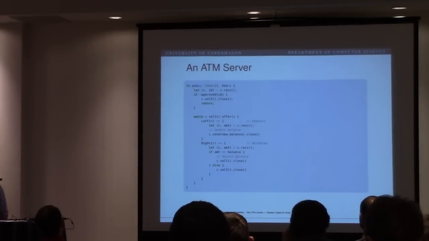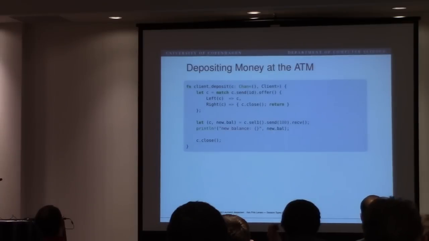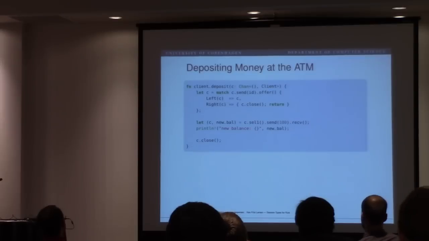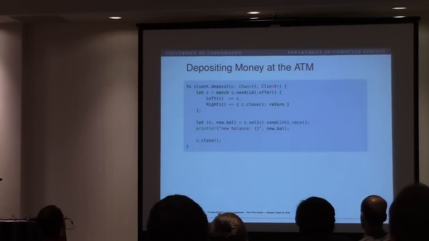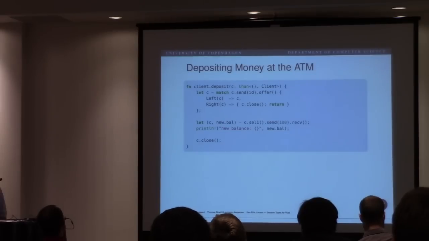I think it would be a bit clearer if I put on the types, but that's how it is. That's the server, and let's look at one client. He decides he just wants to deposit something, and he says, okay, I'm sending you my ID. He has a channel with a client, which is the dual protocol of the ATM. He sends an ID, and then he has to offer the ATM the choice of whether or not it is okay or not. If so, and this is, I would say, the canonical Rust way of doing this, you